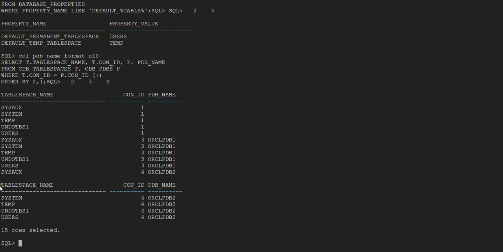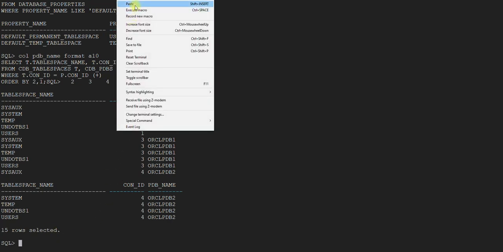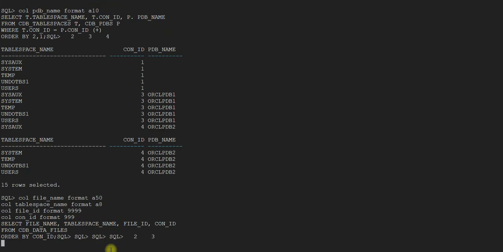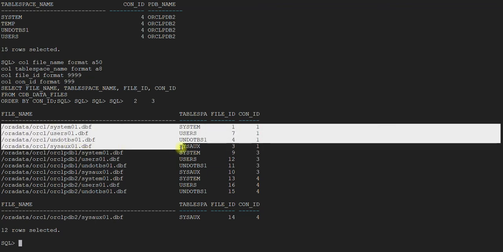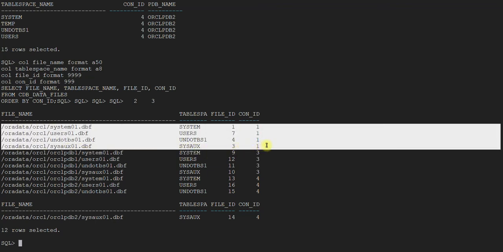let's check all the data files of the CDB. Okay, so these are the data files specific to container number 1, which is CDB$ROOT.